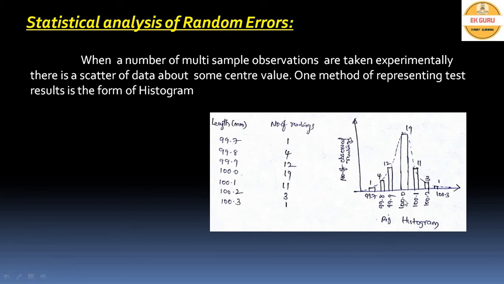Here we are measuring a value of 100 amperes or 100 volts. We are getting 100 amps 19 times, 99.9 amps 12 times, 100.1 amps 11 times, 99.8 amps 4 times, and 100.2 amps 3 times. Like that, we are getting the true value the maximum number of times, and the other values less often. This deviation is because of the unknown sources, so we call it the random error. That random error we will calculate by using this statistical analysis.